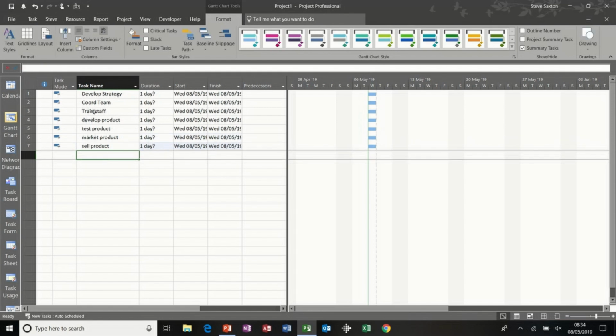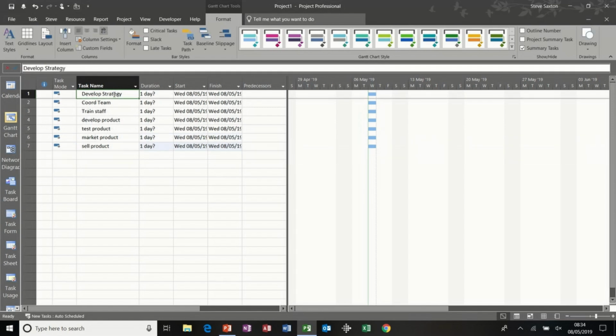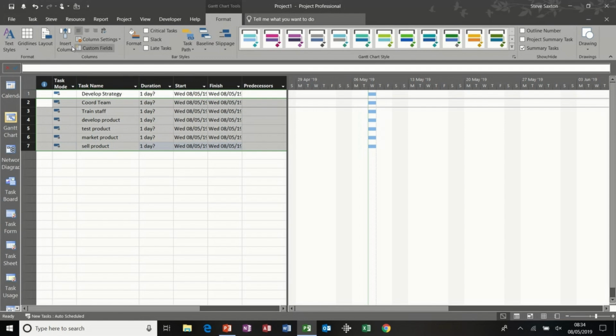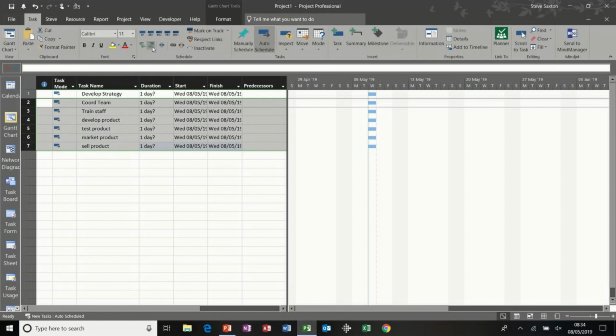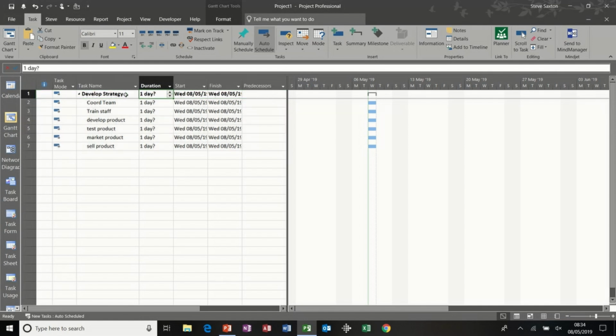So those are my steps. I've already said this is the title for this group of tasks, so I'm going to indent these subtasks by going to the task tab, clicking indent right. So now this becomes a summary task, emboldened. And again, I'm not going to type on this,